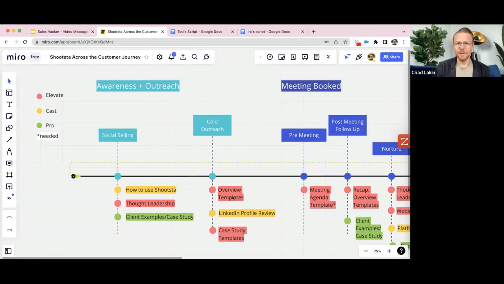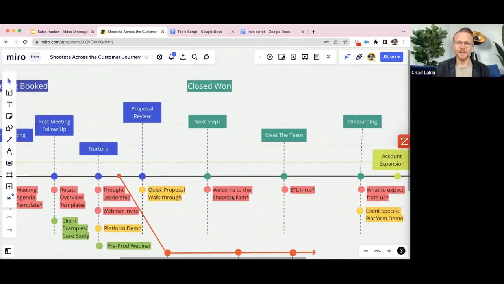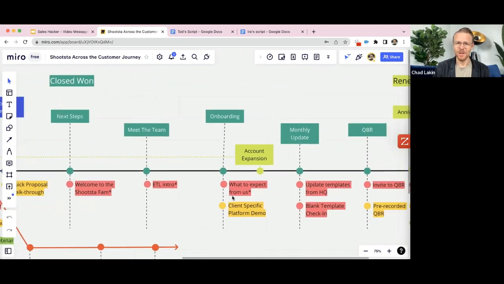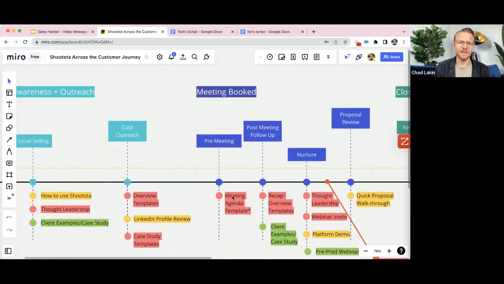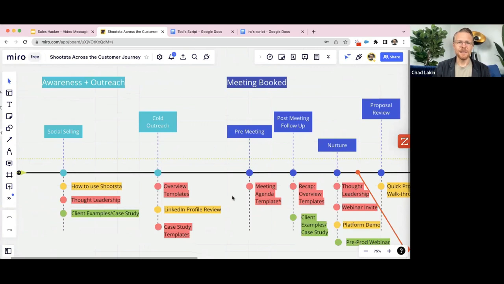So you can see here, I'll do a quick little scroll across. You can see there's lots of different touch points when you think about the entire customer journey. And just to highlight a few different things. And again, the goal for showing you guys this is, let's think beyond that one video I send to a prospect. How can I use video to better connect with my audience, with my customers?